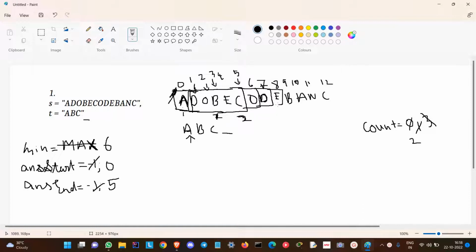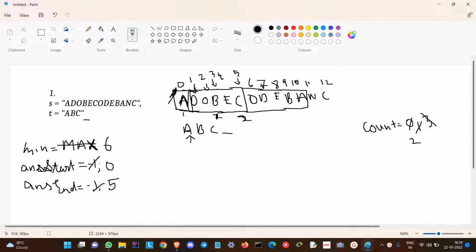So we'll increment up to E. Now the current window, starting from 1 to 8, doesn't have every character of T. Only B and C are present. So increment to B, and now we can clearly see that there are only 2 characters present in the current substring. So we'll increment the